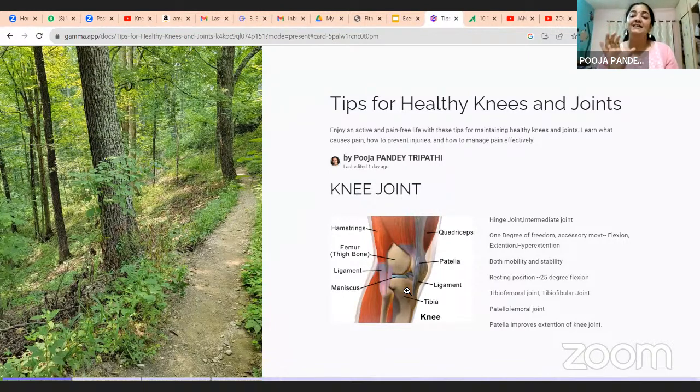The knee joint is basically for both stability and mobility. Because of it, your whole leg is moving, but because of it, you feel more stable also. If the knee joint is not there, and imagine if only the hip and ankle are there, there'll be no place you can squat. So you can squat only because of the knee, and that's why when there is knee arthritis, you are advised by the